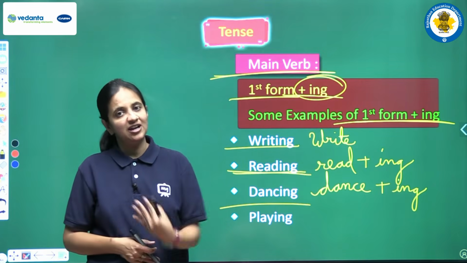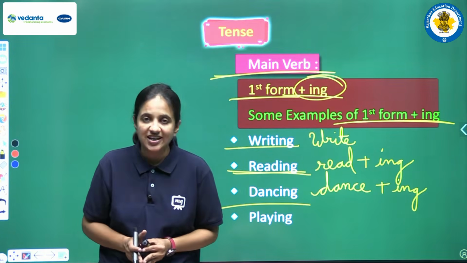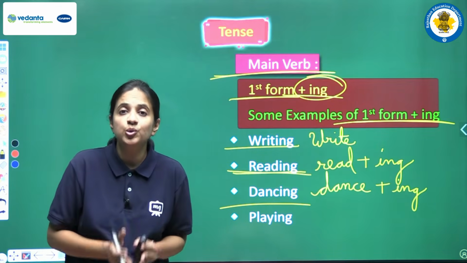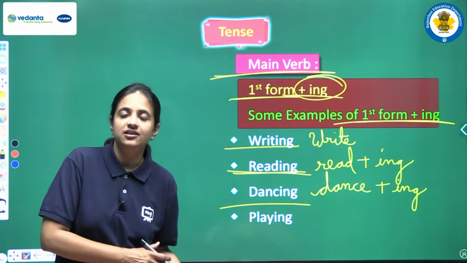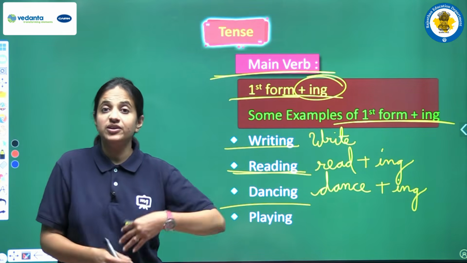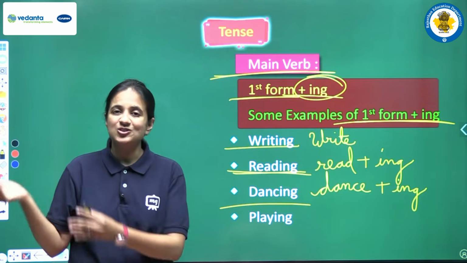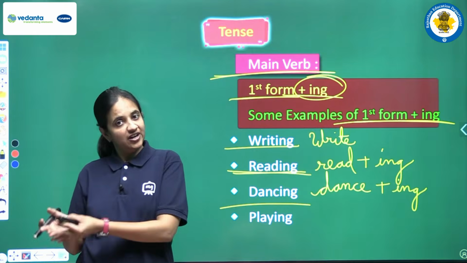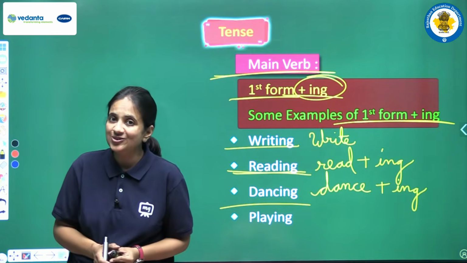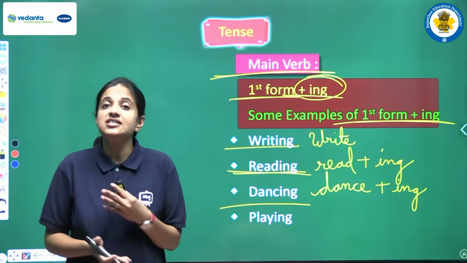And yes, one more time I am repeating this thing, that in this tense, that is present continuous tense, we have similar rules, okay, for all the different kinds of sentences. So this tense is a little bit different from the present simple tense, okay, because उस tense में हमने क्या देखा था, that for positive sentences we had different rules, for negative and interrogative sentences we had different rules, but in this tense we have the same rules.